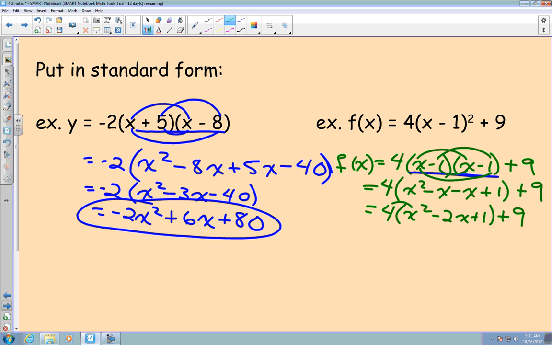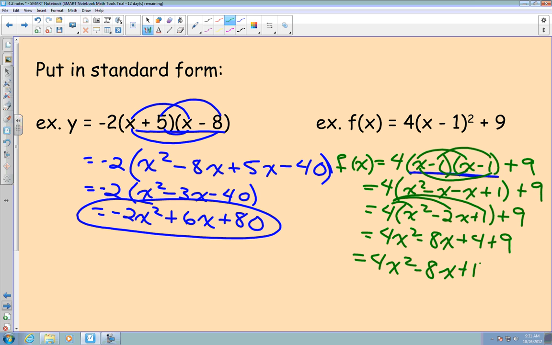Now, we need to still get rid of those parentheses, so we're going to distribute that 4. So I get 4 times x squared is 4x squared minus 8x, and 4 times 1 is 4, so plus 4 plus 9. Now the parentheses are all gone. I can finish the problem. Combine like terms. 4x squared minus 8x plus 13. There's my standard form. Okay? Question. Okay, so those are the things you're going to be working